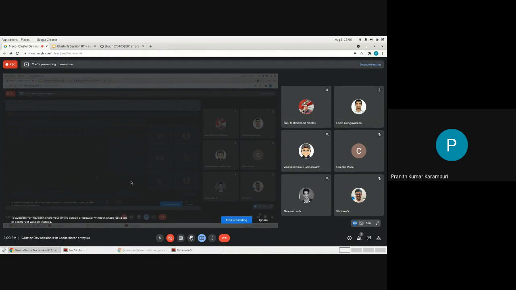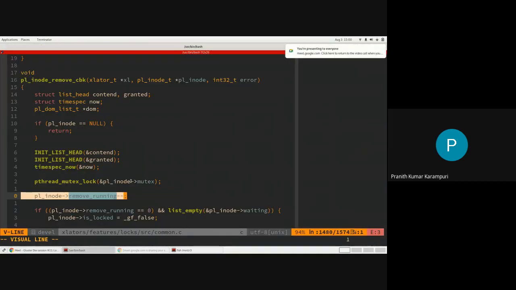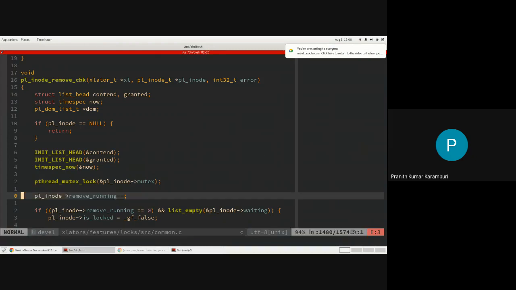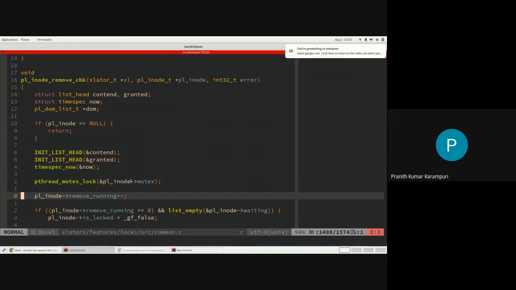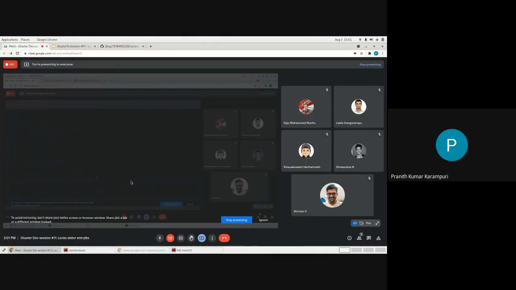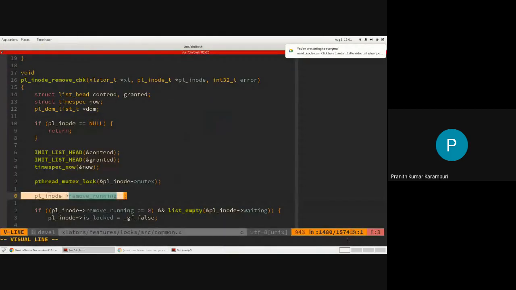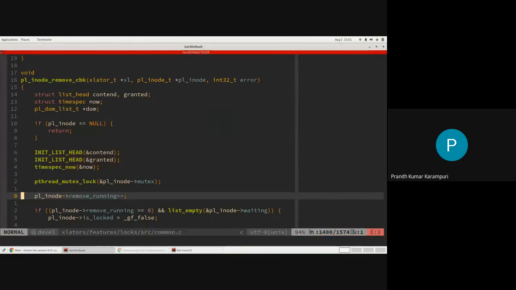So yeah, this is a little bit involved in the sense that for the same inode you can have multiple names, right? Hard links. So you can have like 3 separate directories, but all of them have one file which is hard linked to each other, like hard links to the same inode. So you can do unlink, unlink, unlink on 3 separate directories. Okay. So it is taking an entry lock on that parent directory, but it is actually affecting the same inode. Right. So that is the reason why the number of removals can be more than one. Makes sense?